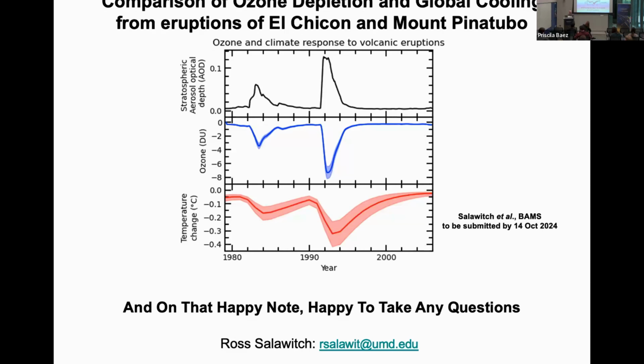I tried to get this figure in there. I could not, because I couldn't get the lead authors of the geoengineering chapter to agree to having this figure in. Here's what they said about it. I'd give long answers to questions. They said, well, this figure is misleading. It's misleading because chlorine was higher when Pinatubo went off than it will be in the future when we might geoengineer climate.